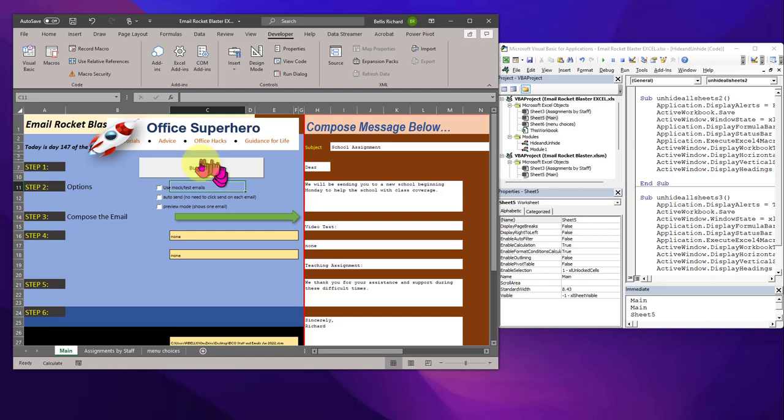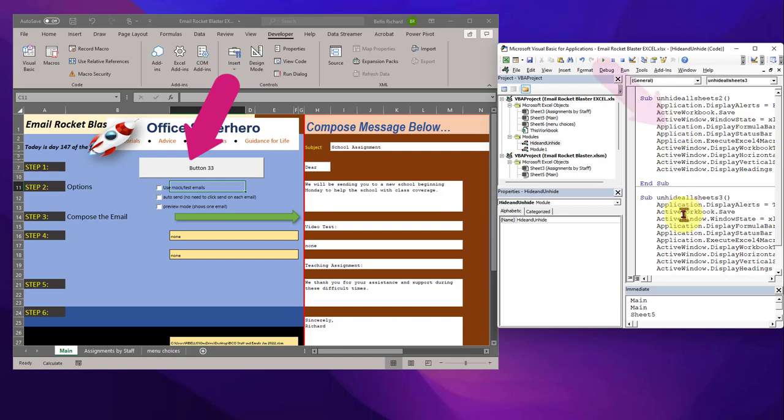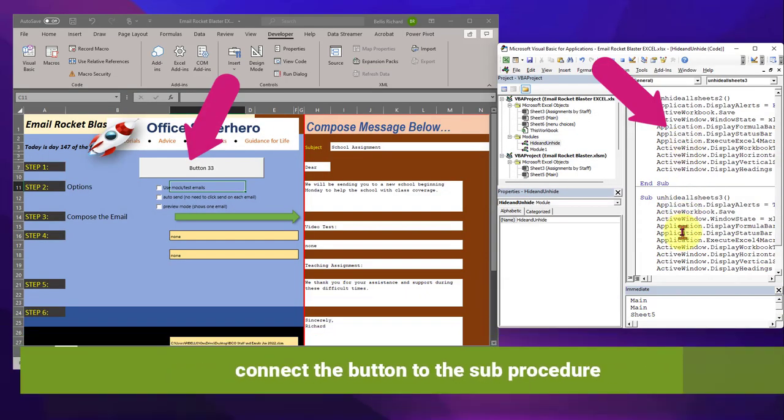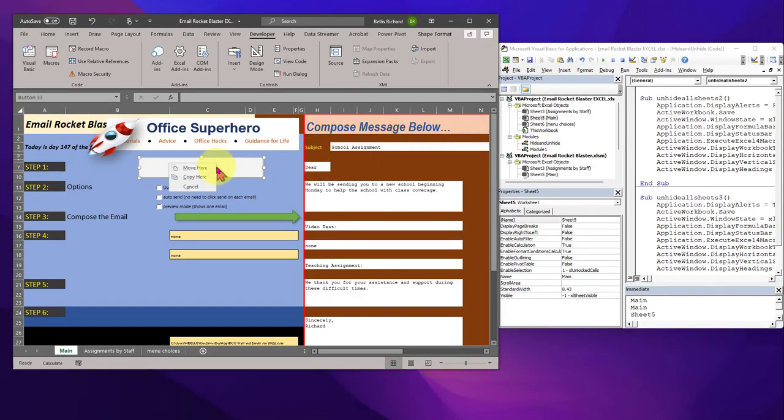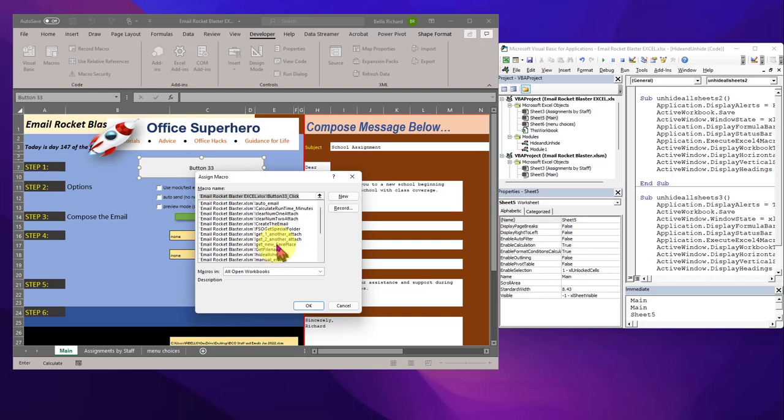What we need to do is connect this button with one of these sub procedures, one of these subs. So this is how we do it. I'm going to right click, click assign macro, and I want to assign unhide 2. So I scroll all the way down